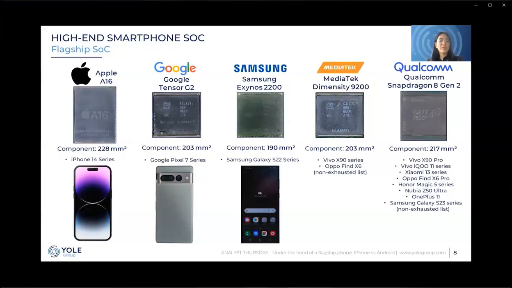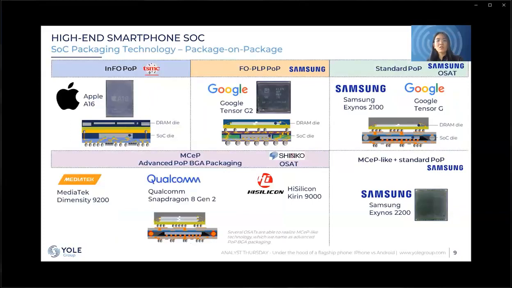From all the teardowns we have, we see the trend that the SoC die is integrated with DRAM packaged on the top. So go down to the next slide. The technology used to integrate DRAM is called POP, package on package. The idea is that the SoC and the DRAM are packaged separately and then assembled together. This technology provides a very flexible way for manufacturers to choose their DRAM supplier. That's why sometimes we might see different packaging markings on the top of the same SoC chip.